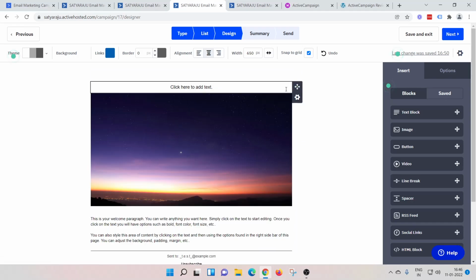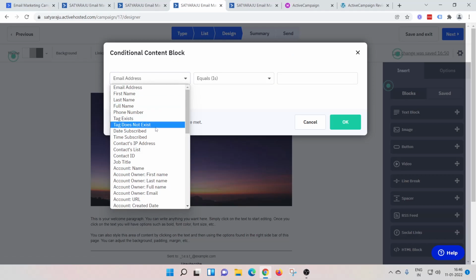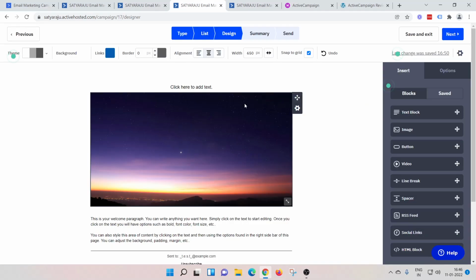Another interesting feature inside the ActiveCampaign editor is that you can make the blocks conditional. So for example, if I make this block conditional, only a contact who has that particular tag will see that block. Even though you broadcast this email to an entire list, you can make this particular block in the email conditional.